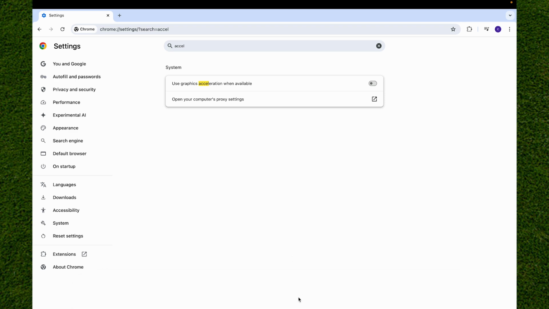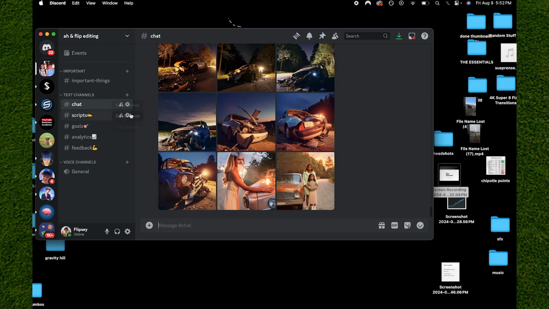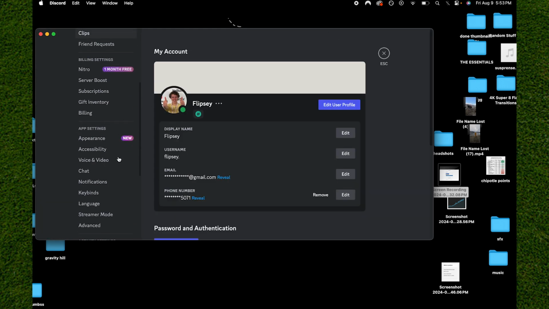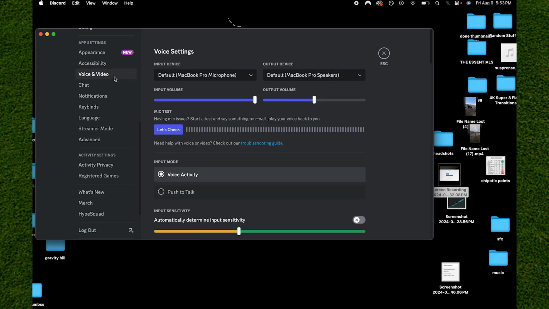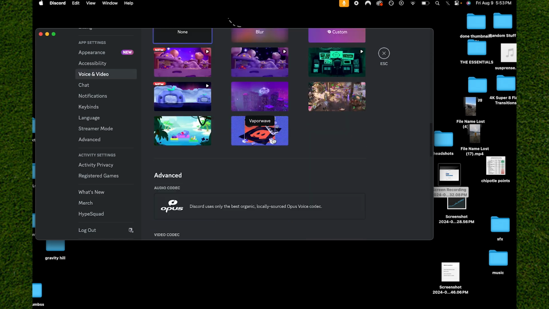However, if that did not work, specifically streaming on Discord, you just want to open up the Discord app, where from here what you need to do is you click on the settings, user settings on the Discord app or website, and you actually just want to scroll down to the option that's called voice and video. Now once you click that, again we do want to scroll down a little bit further and actually find the